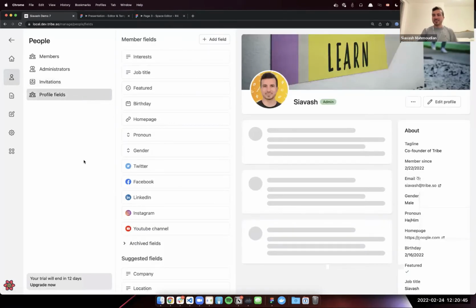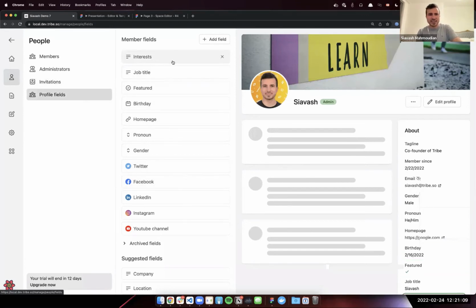So let's move on to my favorite piece, which is the profile field. We have spent so much time making sure that this section is as easy as possible for people to use. And we are giving this to everyone, on all the plans. You can add as many custom fields as you want in all plans, which I think is very unique. And so in here, as you can see, we have some custom profile fields.